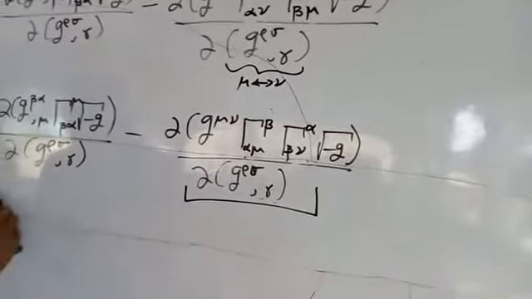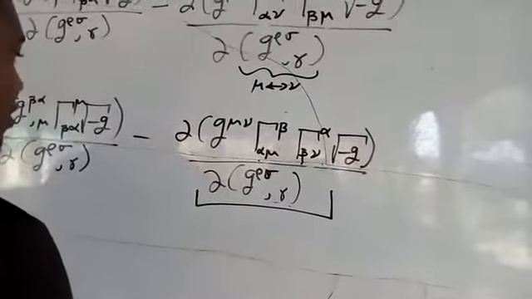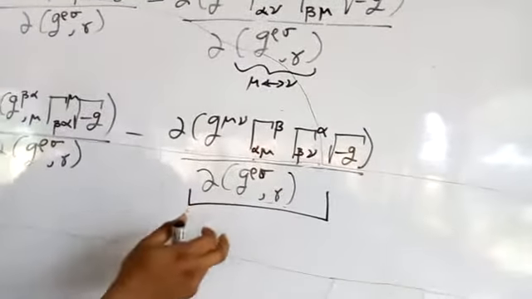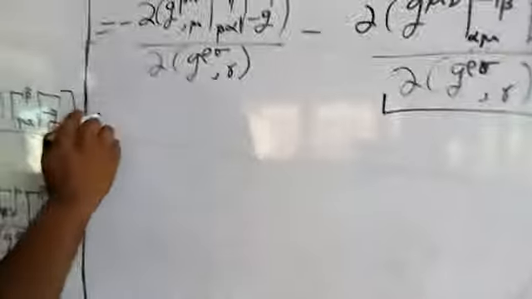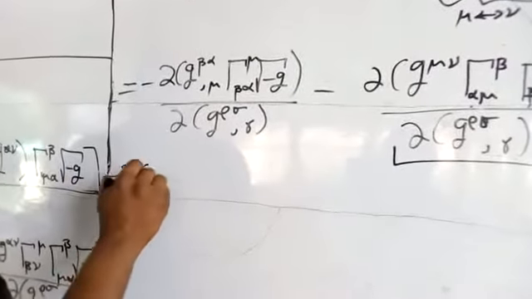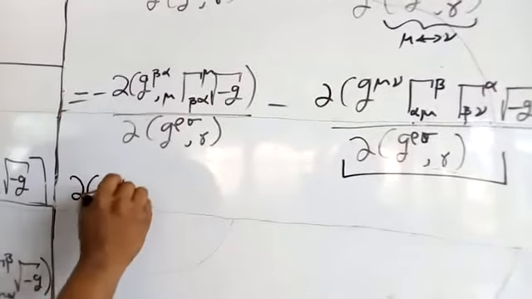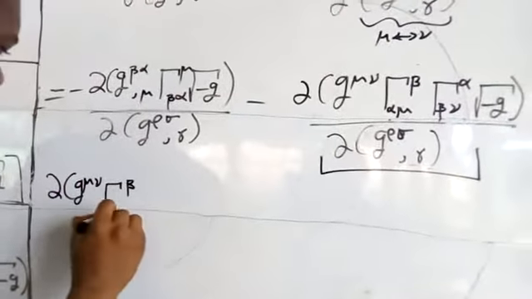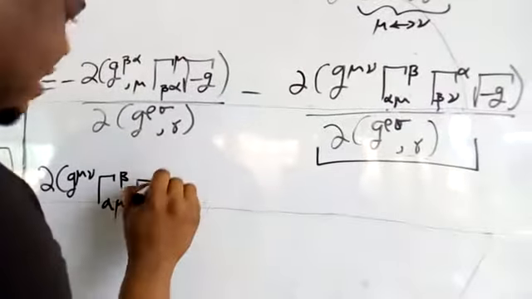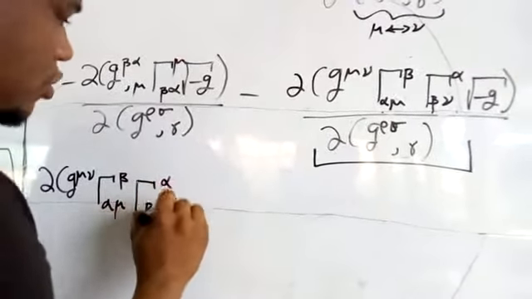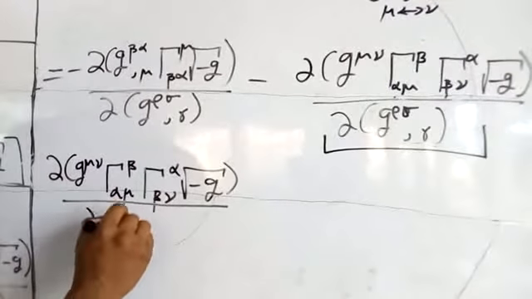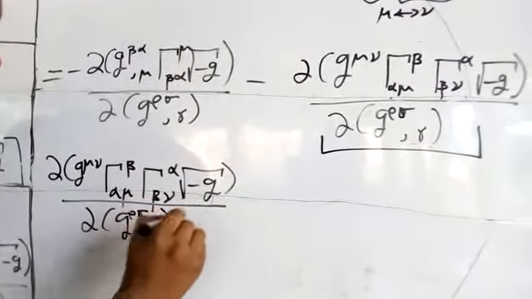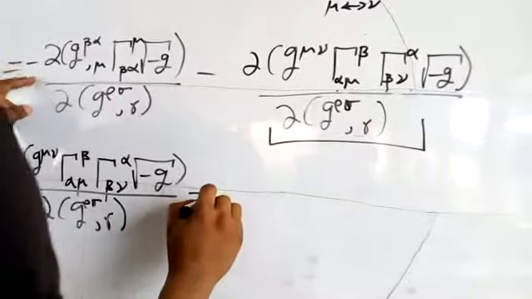So if I were to continue with this problem, what I've got is simply this one going over to the left-hand side, which was what we started with, adding it all together, dividing both sides by 2. So what I can say simply is that actually the G mu nu, gamma beta, alpha mu, and then gamma here, alpha beta nu, square root of minus G, and I'm differentiating this with respect to G rho sigma, comma gamma. This then should be equal to, because of this minus,